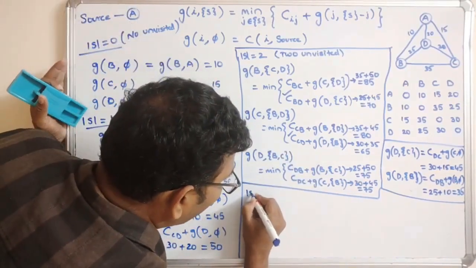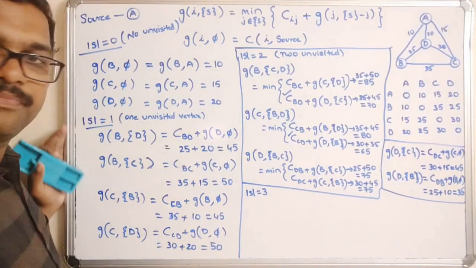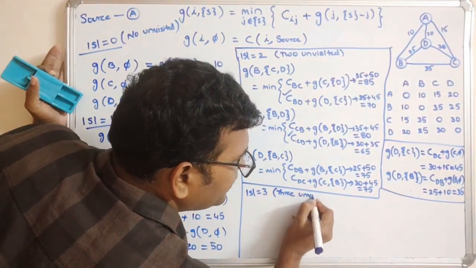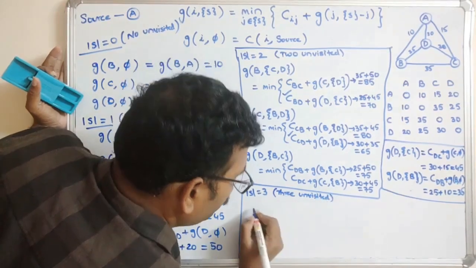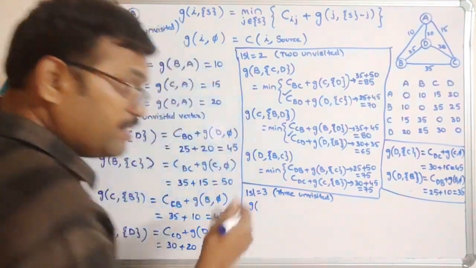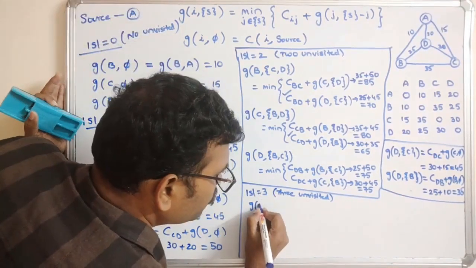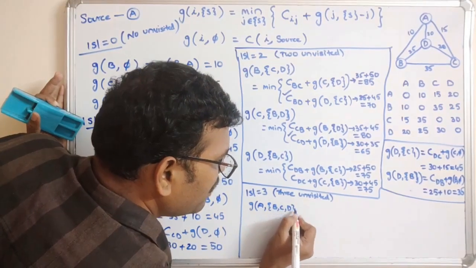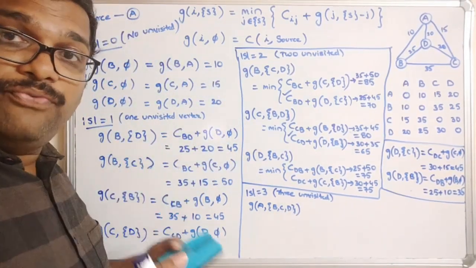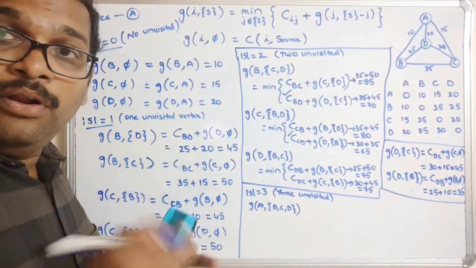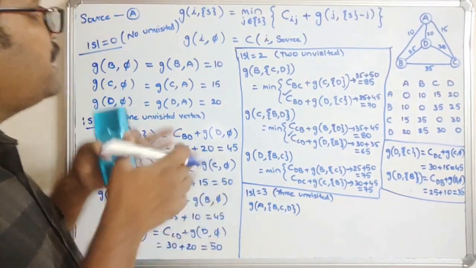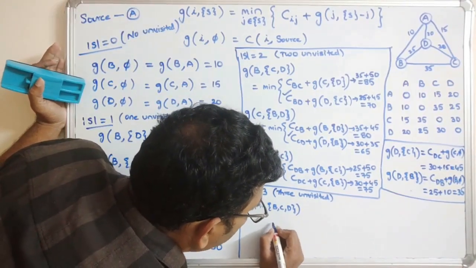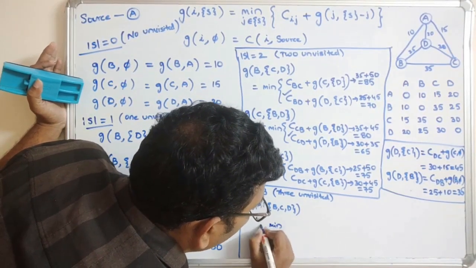Now, if the set contains 3 elements, that means 3 unvisited nodes. So G of, here 3 unvisited means the source A, B, C and D, because here we are having only 4, right? Among 4, the 3 are unvisited, and obviously the next one will be the source. So I'll write here, which will be a minimum of